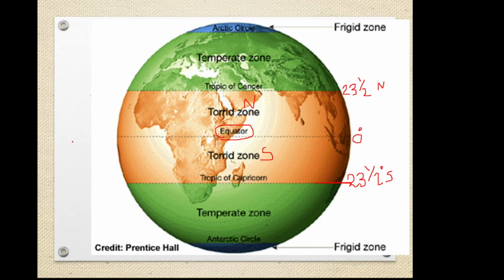Suppose this is the location of the sun. You can see this region will receive vertical rays of the sun, isn't it? Look at the picture. Here you can see these regions are receiving vertical rays of the sun. Due to the vertical rays, maximum heat and light is received in this particular region. But what is happening in the north and south direction? The sunlight, the heat energy and light energy, must travel a long distance to reach these other regions. Because of that, the temperature there is very low.